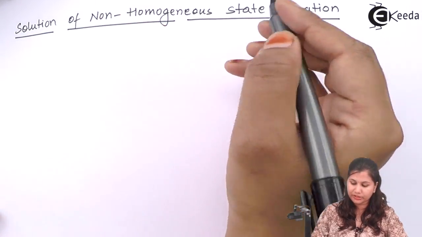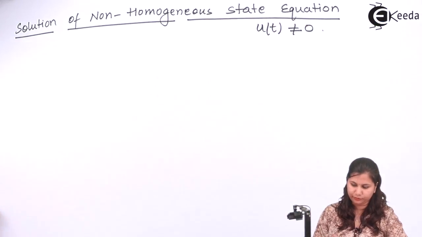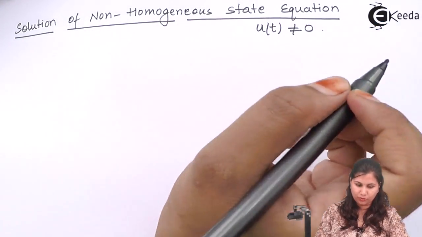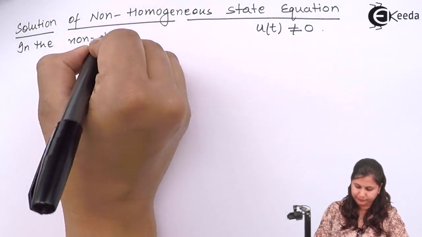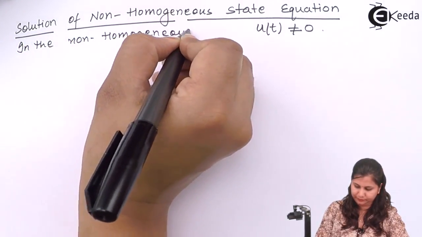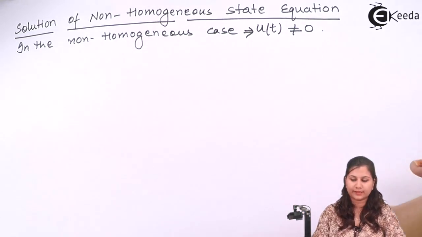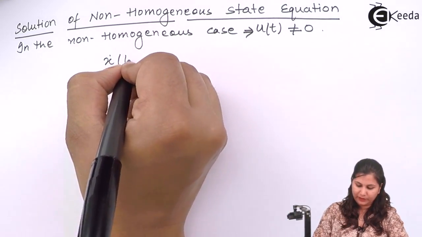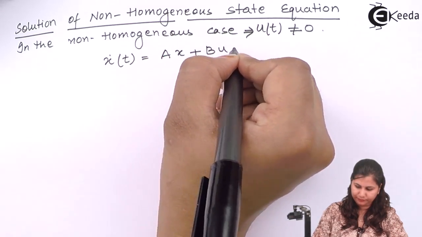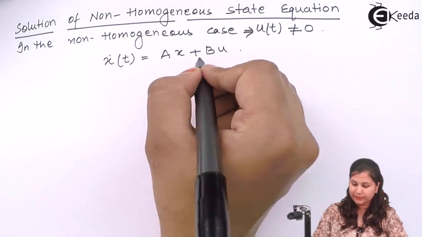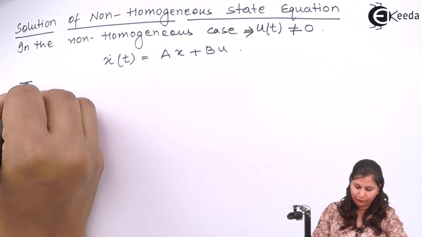Now in a non-homogeneous state equation, u(t) is not equal to 0. This is the non-homogeneous case. u(t) is not equal to 0. So we have our state equation as x dot(t) = Ax + Bu. U is present here. Now taking the Laplace transform of this equation,